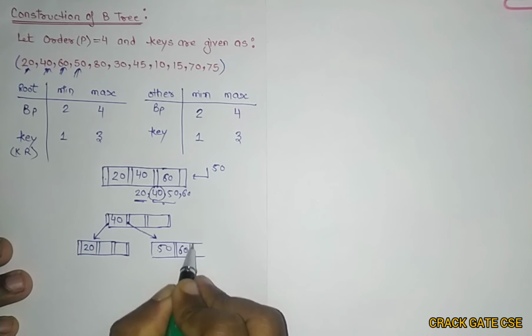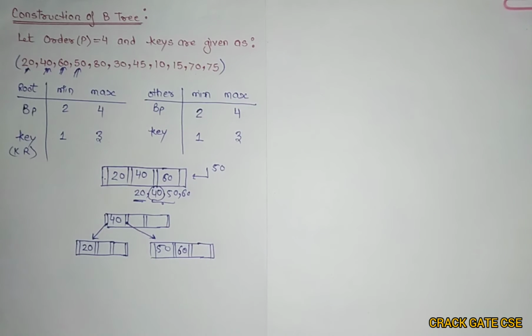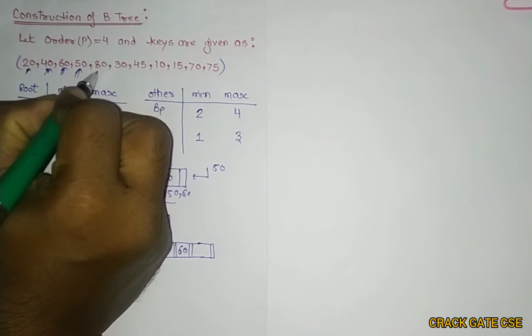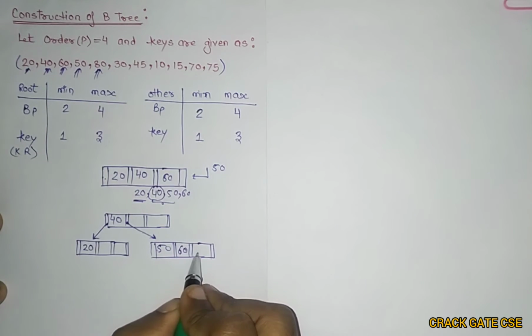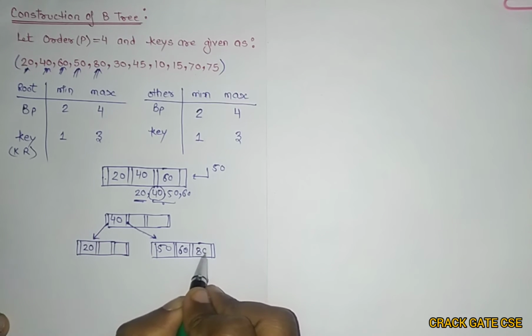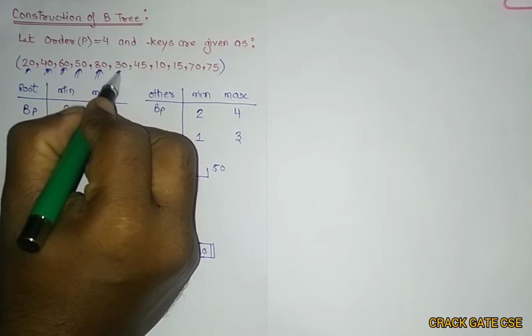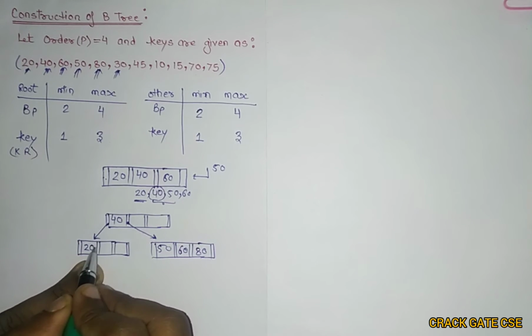50 and 60, and one space is available for now. So up to 50 we have inserted, right? Now let's go to insert 80. If you have to insert 80, it can be directly inserted here because 80 is greater than 40, right? Now if you have to insert 30, 30 can be inserted here because 30 is less than 40 and greater